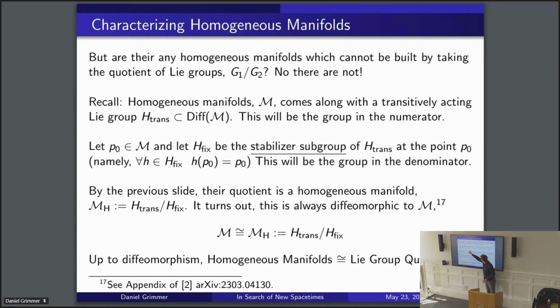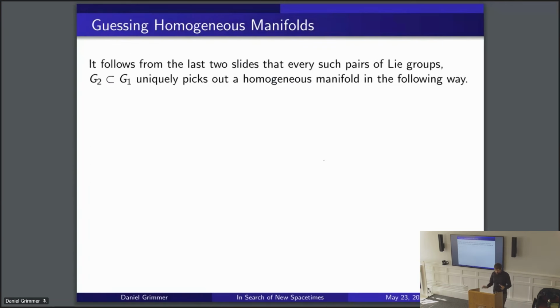So M was our original manifold. We looked up its diffeomorphisms, put them together in a quotient in a certain way, and we've reconstructed the manifold up to diffeomorphism. And this always happens. So up to diffeomorphism, the space of all homogeneous manifolds just is the space of Lie group quotients. They're the same thing. What this means, and this is how we build into the ISE method,